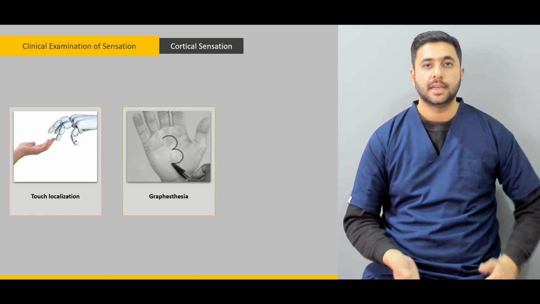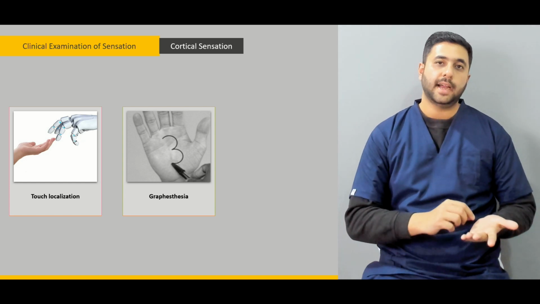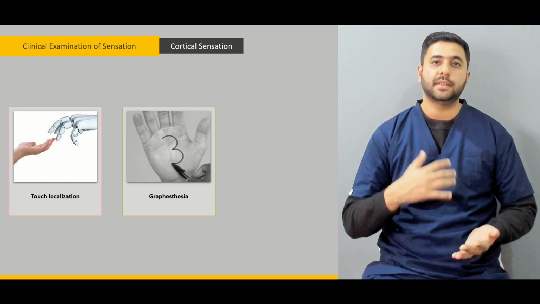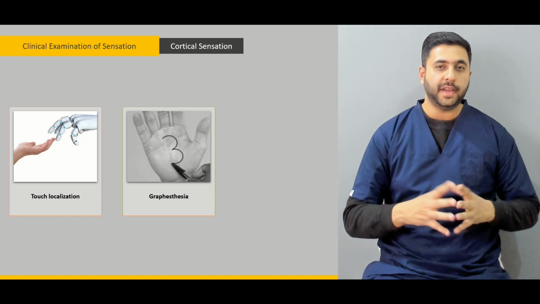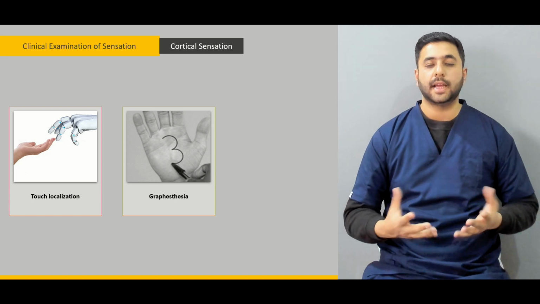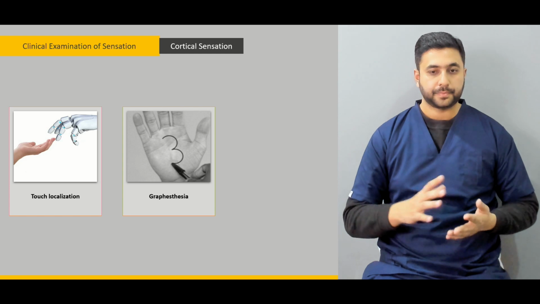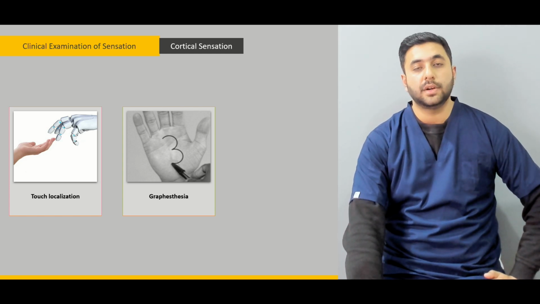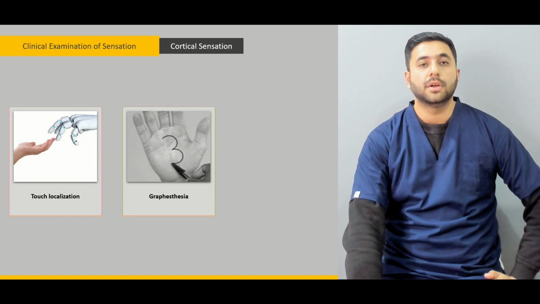Similarly, there is a test which is called graphesthesia, in which we ask the patient to close his eyes, and we draw certain figures in the hands of the patient, like the figure of 3 or A, B, C, and ask the patient what we are drawing, what he is feeling. If the patient answers correctly, then the patient can appreciate this movement. And if the patient answers abnormally, then this is a classical sign of a cortical problem, because the parietal cortex,